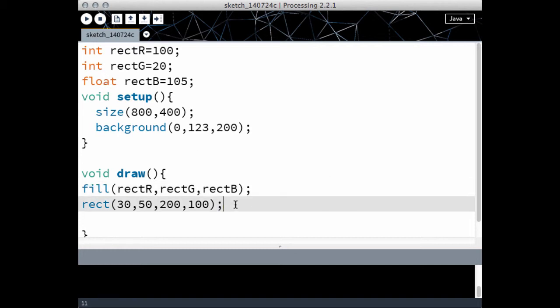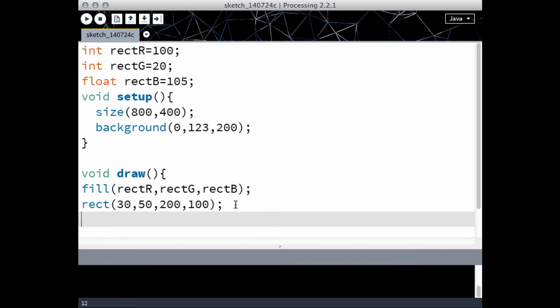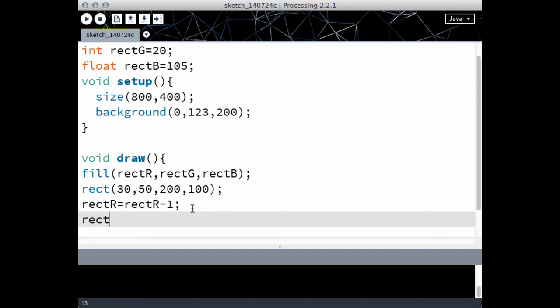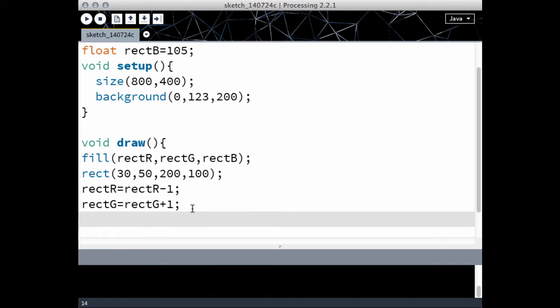Now, I'm going to show you how we just sit back and watch our drawing evolve. The first thing I'm going to do is, every time it runs through this, get it to change the red. I'm going to get the red to turn into whatever it was before minus 1. So every time it goes through, it's going to lower red by 1. Now the green, just to do something a little different, I'll get the green to increase by 1. And then the blue, I'm going to get the blue to increase by, say,